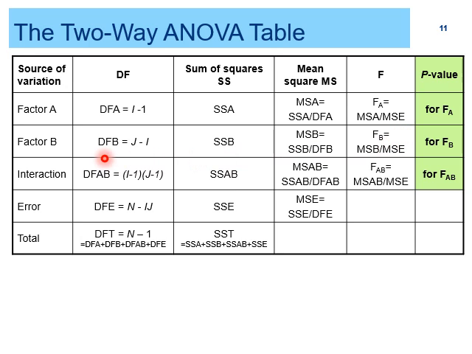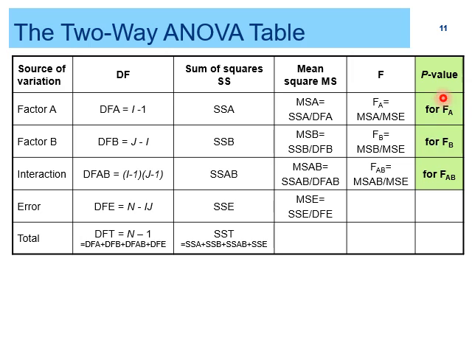Similarly for B, the formula is similar. But when we talk about the interaction, the degrees of freedom is I minus 1 multiplied by J minus 1, because there is interaction. The sum of squares is SSAB, whereas the mean square is SSAB divided by DFAB, that is, degrees of freedom. And FAB is equal to MSAB divided by mean squared error. For error, the degrees of freedom is N minus IJ, and MSE is SSE divided by DFE. Now the total, we have already seen.